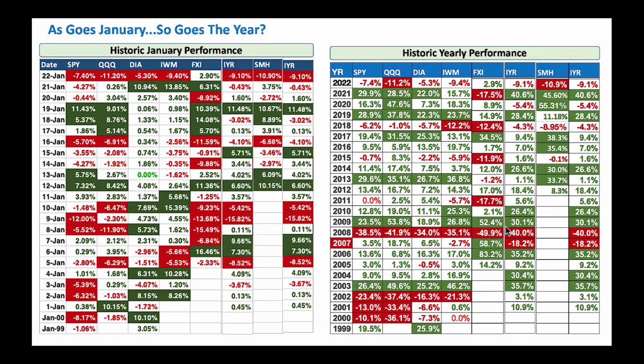As you see here, we got a quick chart. It's an eye chart. I will walk you through a little slowly here so that way you understand. So as you see here on the left hand side, I got here monthly performance. These are historic monthly performance of major indices. Look, all these are monthly performances. As you see here at the top, we got here January of 2022, which just wrapped up yesterday,